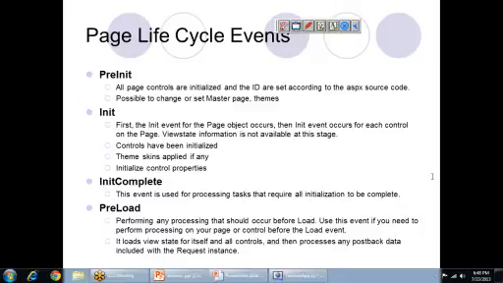It will be set. When you execute the code, you will see login is already written on the button. How did it happen? It happened in Init. Properties are set in Init, and InitComplete is when all the properties are set. In Init it is still processing, not completed yet, but in InitComplete it is completed. Now in InitComplete, if you want to access any properties, you can. But in Init you cannot access them, because it will throw an error since it is in the processing phase and not completed yet.